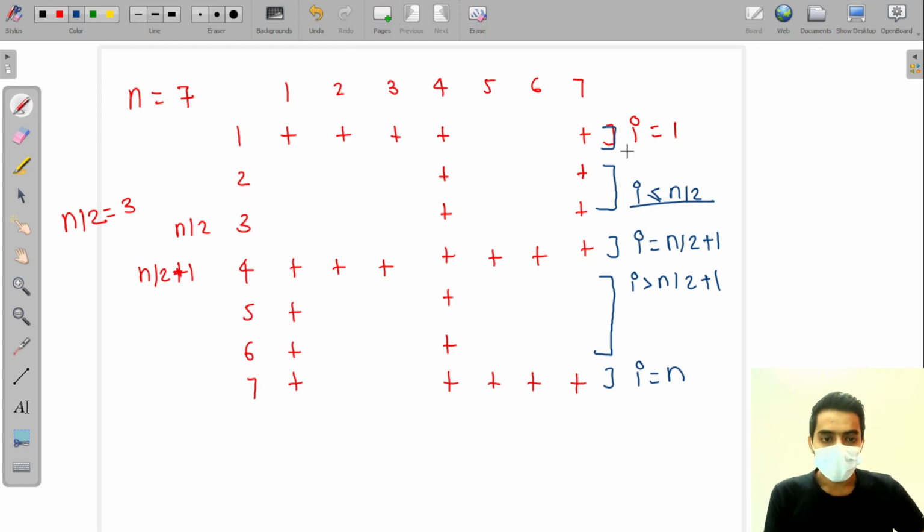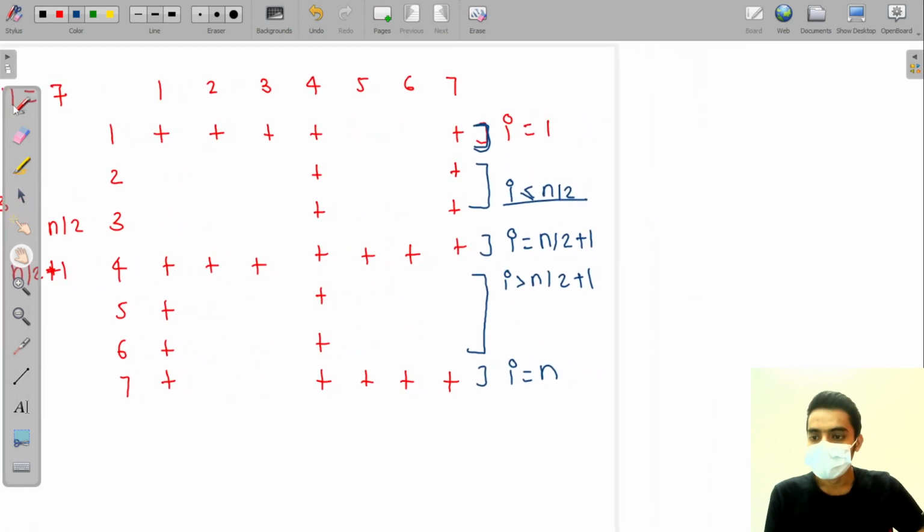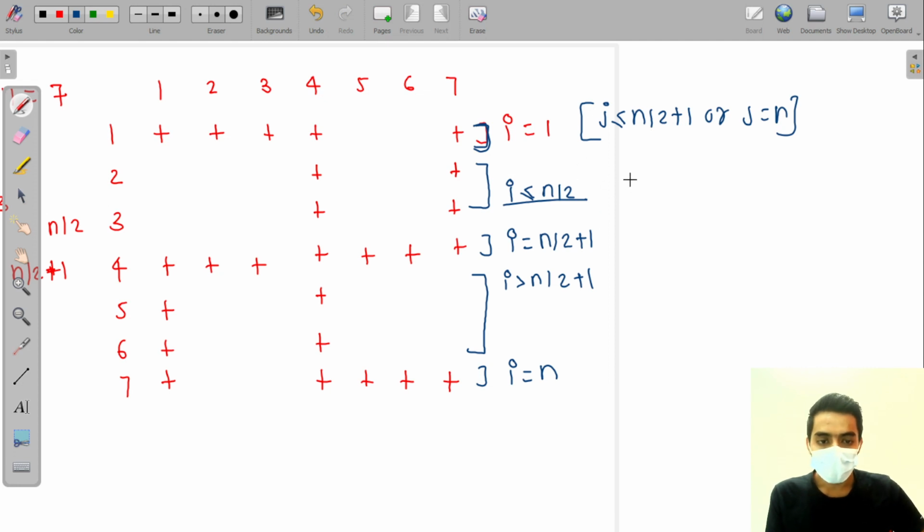At every row we have to print a star at some position. If i is equal to 1, then we have to print a star at half column, when j is less than or equal to n by 2 plus 1. When these conditions are true, we print stars; when they are false, we print spaces. Or we print a star if j is equal to n position. In this compartment we print a star if j is equal to n by 2 plus 1 position, or if j is equal to nth position.